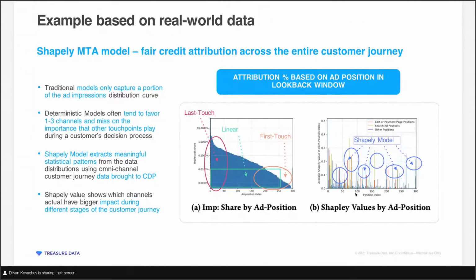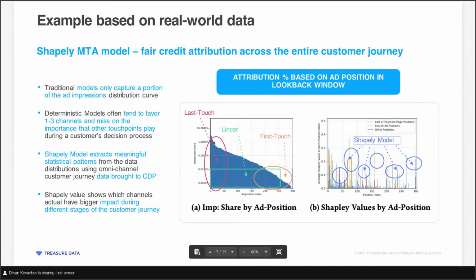So I'm a visual person, and hopefully there's been a lot of talking. So hopefully this kind of graph will give you a little bit more of an idea of how that works. So what we're seeing here is a distribution. Let's say we're looking at a marketing campaign where we have about 300 index positions, so 300 touch points, and then 300 would be the beginning, so it goes from right to left, where this would be the first touch point, and 0 would be where the conversion happened.